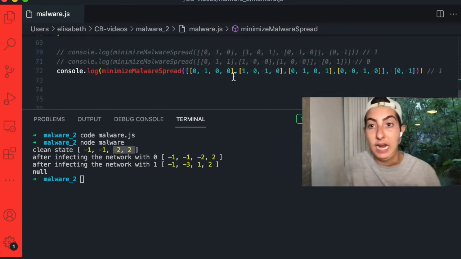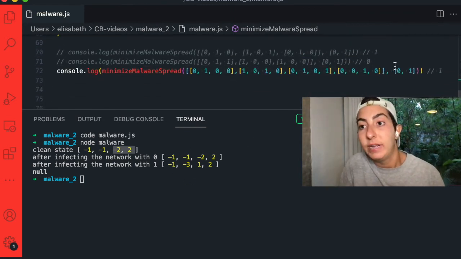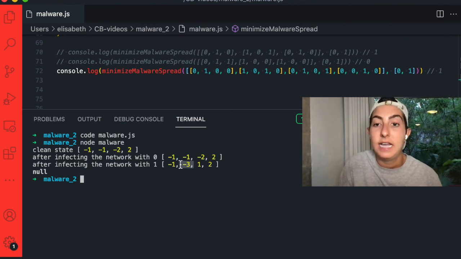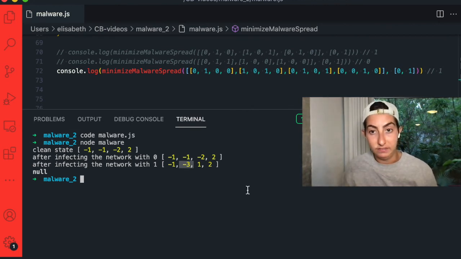So that makes sense. And then when we add in the second one, when we add in the first node, number 1, what happens is we set that it is now connected to 2 and 3. And now 2 has a parent of 1, and 3 still has a parent of 2. But the important thing to note here is that when we add this component, we have -3. Now, -3 is the size of the component that's created when we add in that infected node, and that's definitely our answer,